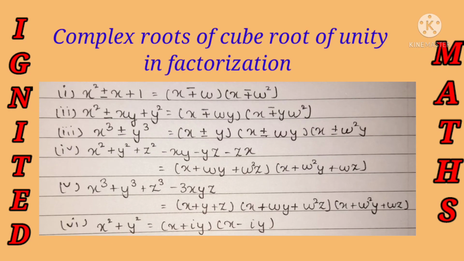A short note before going to the examples: here is the list of the properties mentioned for the use of the complex root, the cube root of unity, in factorization, which we can prove from LHS to RHS or RHS to LHS, up to us, with the help of the two pillars we have mentioned. I'll show some of the properties' proofs at the end of the session, but still make a note and try the proof yourself, and with the help of the two pillars of the properties we can solve.